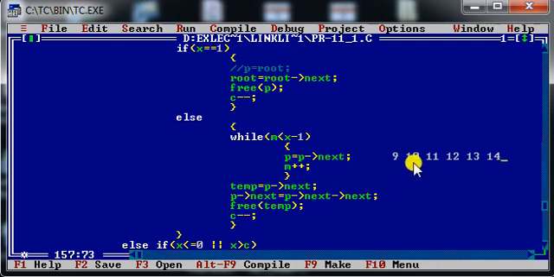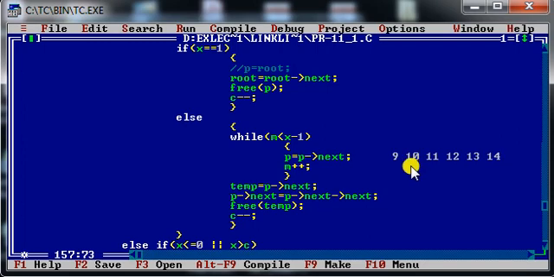Now in the next part of 10 I have to store the address of 12, because the link between 10 and 11 should be removed. That is why in the next step I have written p of next. It means in the next part of 10 I would like to store the address of 12, and I can get that with the help of p of next, since in the next part of 11 I can find the address of 12.